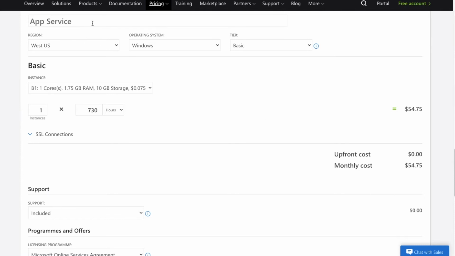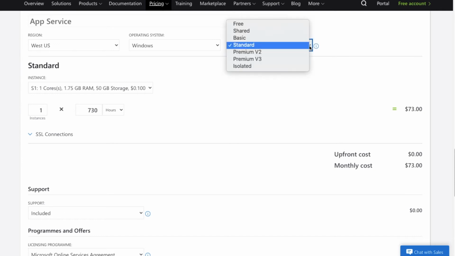Here we can adjust the pricing tier and it will change the configuration of CPU cores and the memory option automatically. Suppose if I select the standard pricing tier, then the CPU core will change.